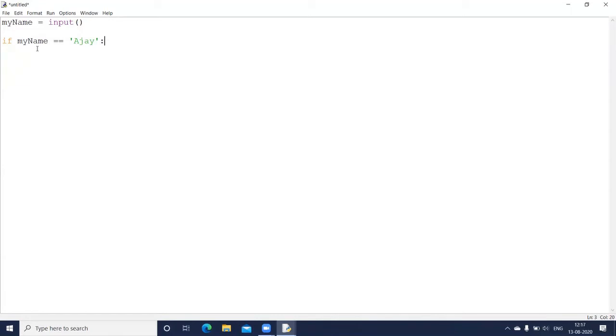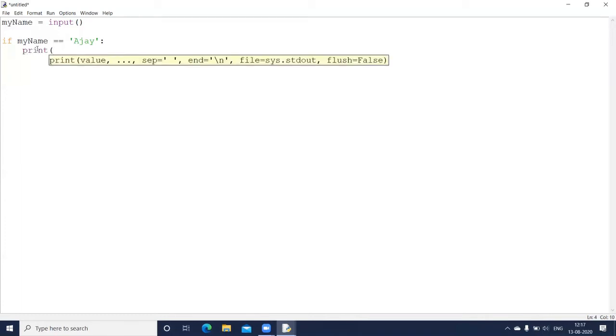After the condition you have a colon sign, and as soon as you press the enter key, you'll find that my cursor is indented now. So I can write a print statement here, print hello, and I can display the name, my name.